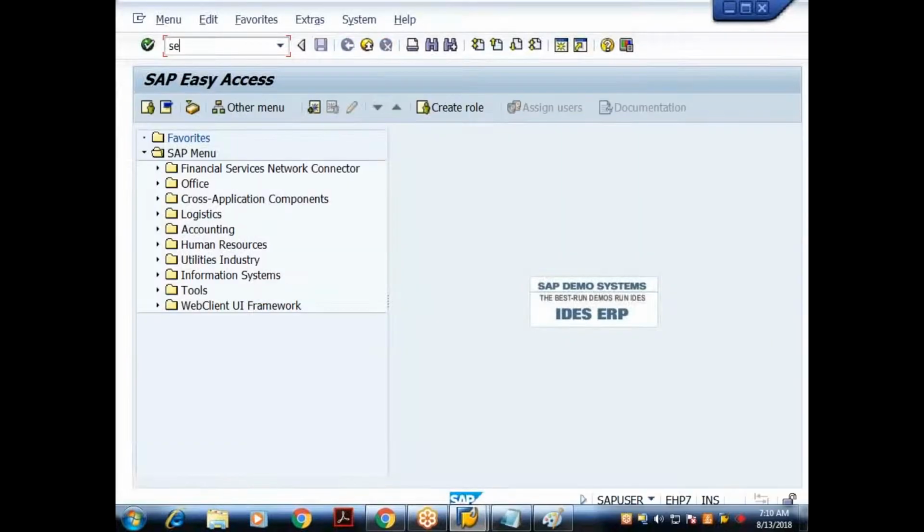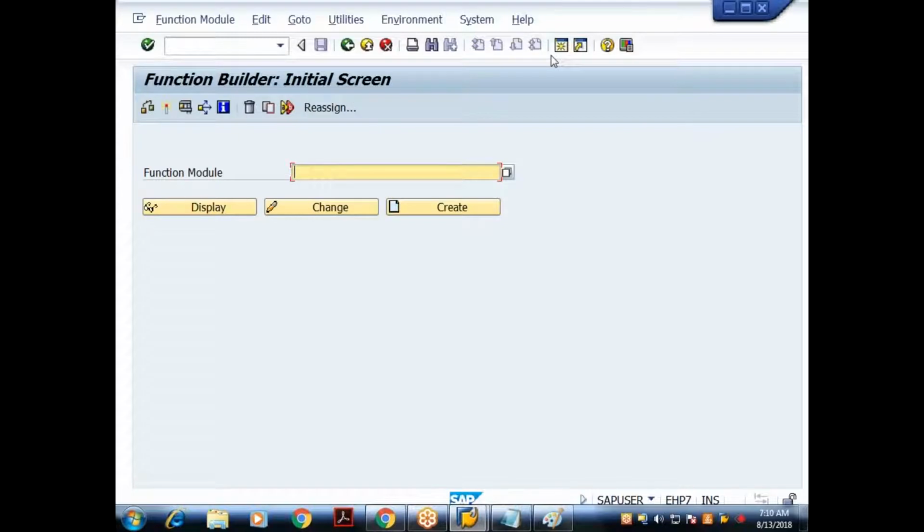So if I go to function builder SE37, inside I need to provide the name of the function module. There is one dedicated function module for that, VRM underscore SET underscore VALUES. Understood? There is no particular place where I can go and check that for a drop down you have to use this function module, and for some other functionality another function. No.